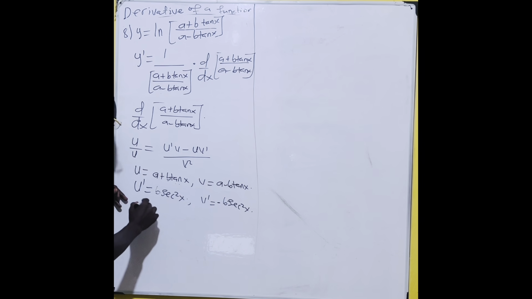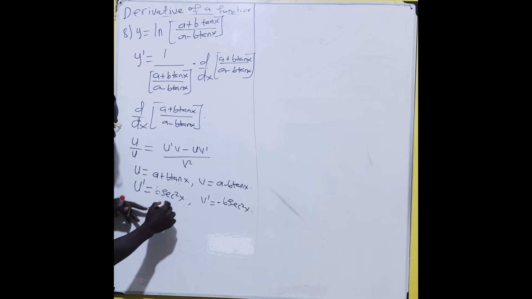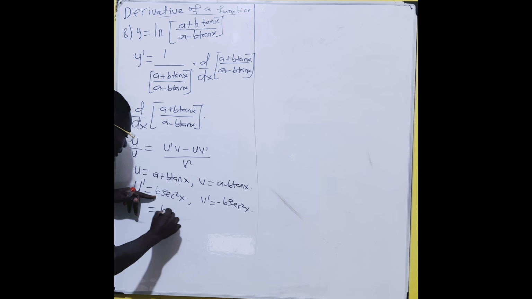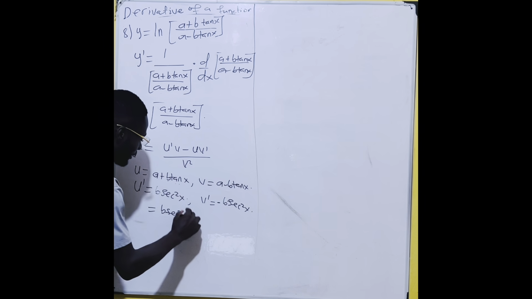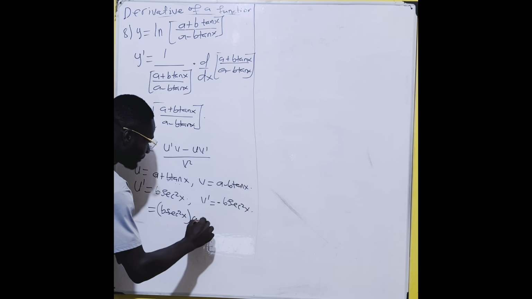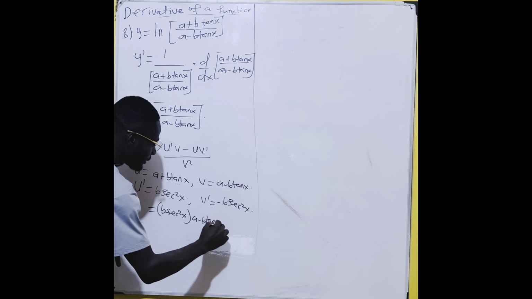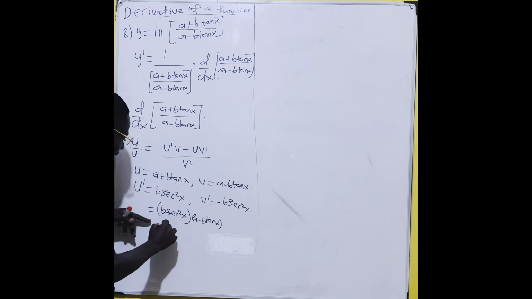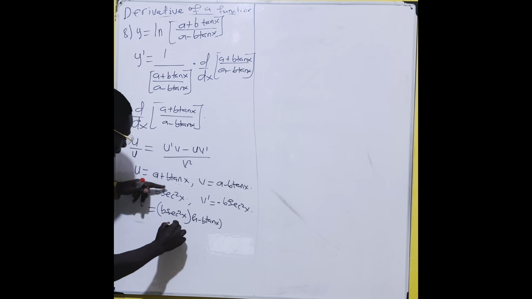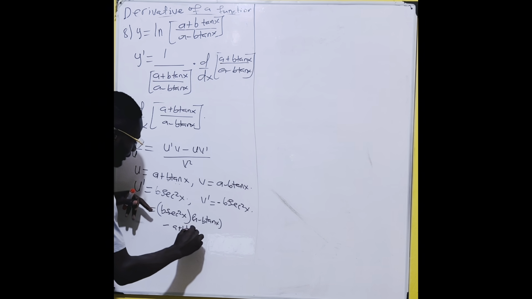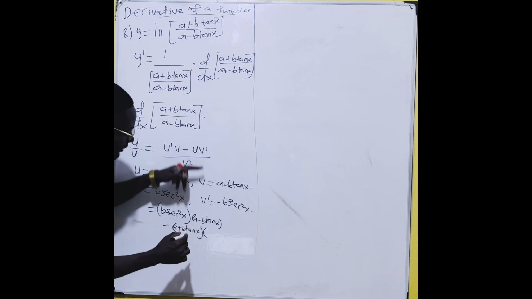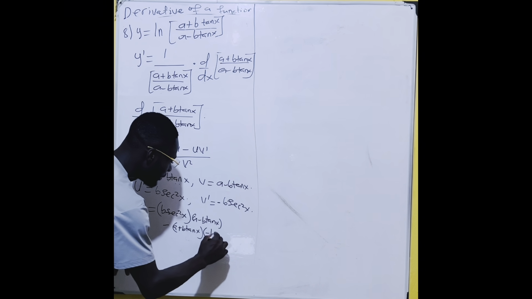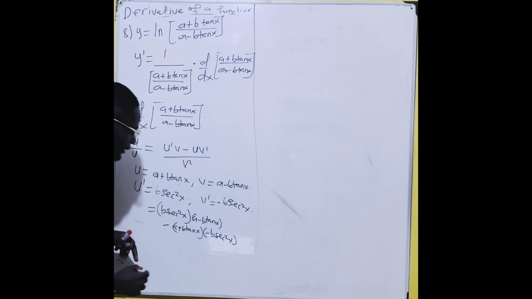The derivative is equal to u prime, b sec squared x, times v, a minus b tan x, minus u, a plus b tan x, times v prime, negative b sec squared x,